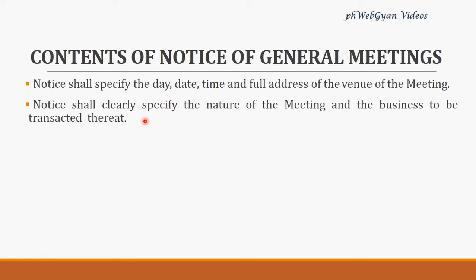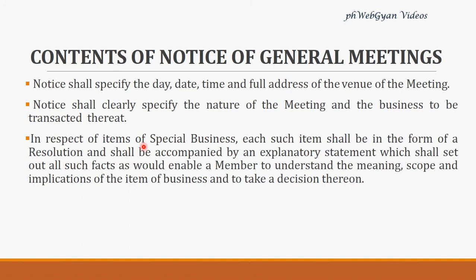At an annual general meeting you can discuss ordinary businesses as well as special businesses if the case arises, but ordinary businesses cannot be dealt with where? In the EGM. If there is no clarity in this, errors are bound to happen. Another point: if any special business is transacted, then along with the notice, what else do you have to annex? You have to annex an explanatory statement that will explain the businesses that you are transacting at your general meetings. But this is only in case of special businesses.